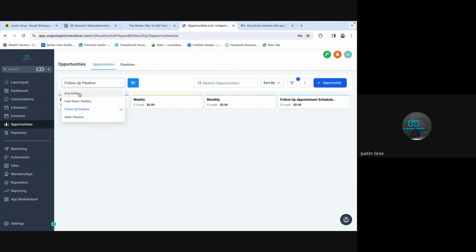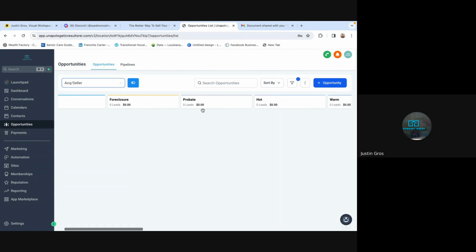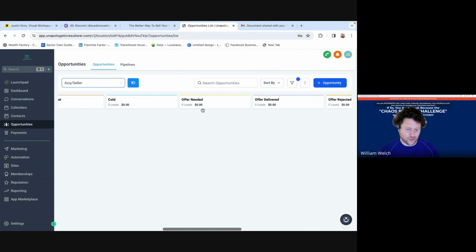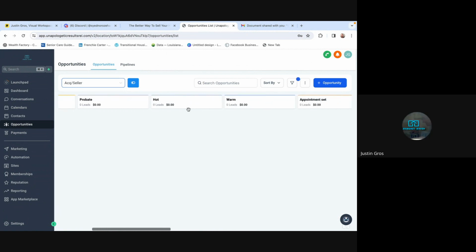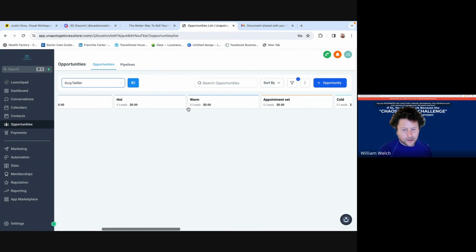I think I built this one out the other day based on one of Caroline's. Yeah, nice. I built this one out. Just started playing with it. Yeah, that's a long one. I like to keep them shorter so they stay on one screen. So from my perspective, you probably have like 4 or 5 different pipelines all tangled up inside that thing. Okay. Because you got all this stuff, and then you kind of get to offer needed, offer rejected.